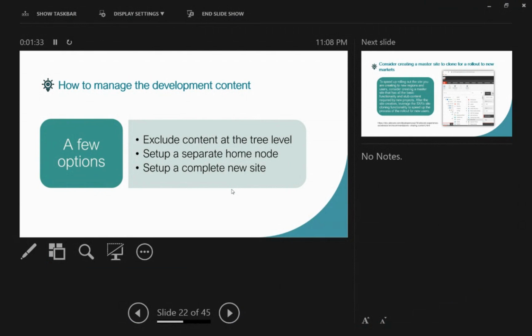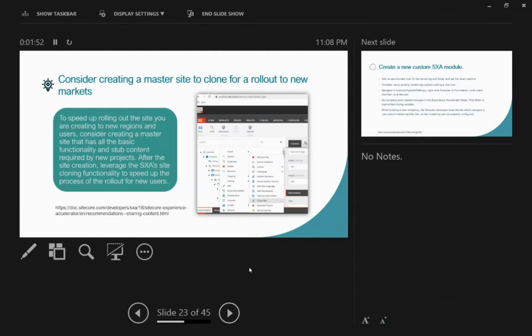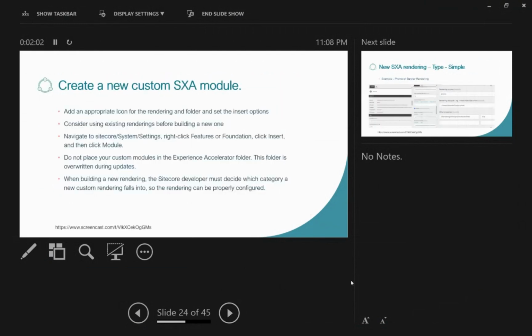You try to create a master site with all your dev work, and then when you move to the upper environment, staging and production, you just create pages on your own with a reference to that master site. That's what Sitecore is also recommending: to speed up rolling out your site, create master sites so you can leverage the components. So this was the first part.